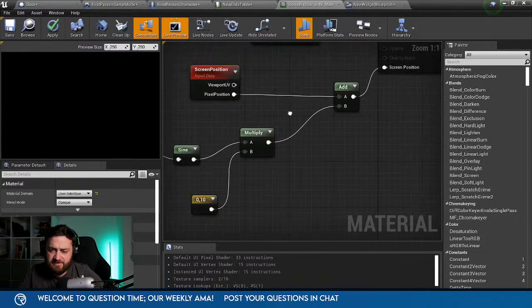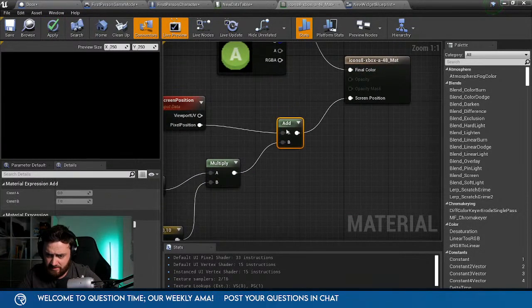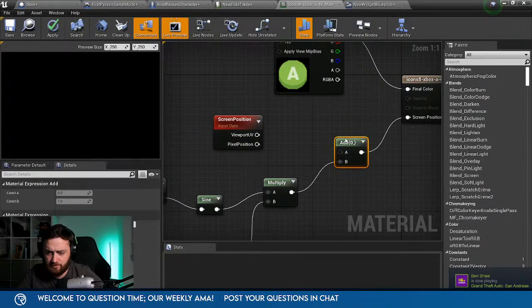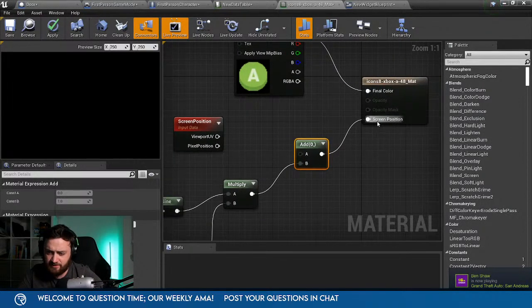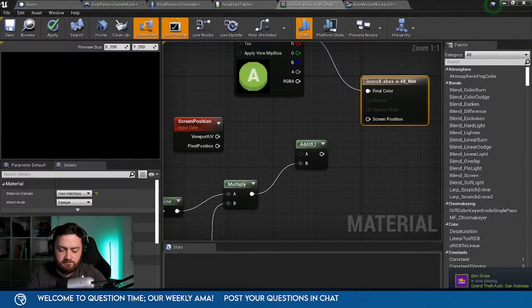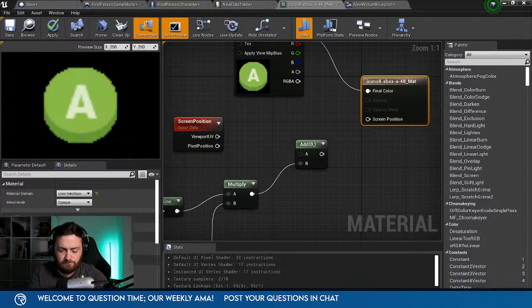You may be best just making a sprite sheet then, and using this on a sprite sheet. I'm not too sure how it works with screen position UI thing. Let me have a quick look at the box. The interface.